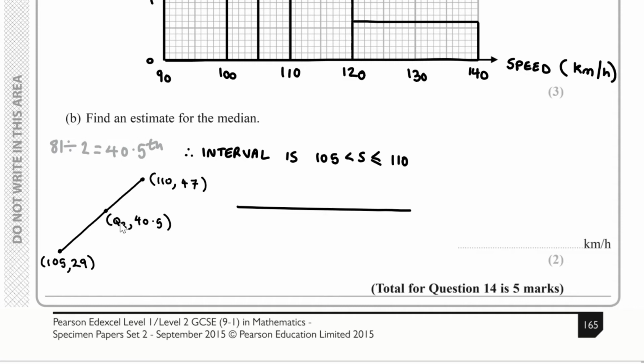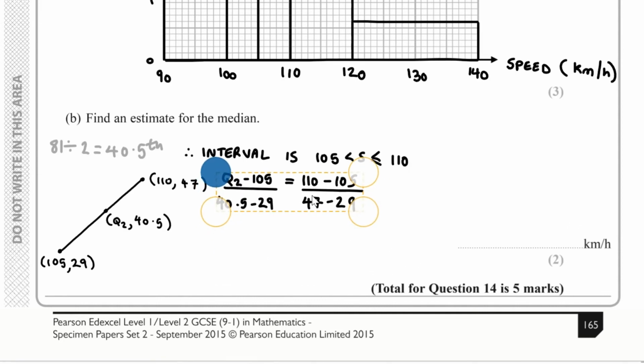well, one other way we can do it is Q2 minus 105 over 40.5 take away 29 is equal to 110 take away 105 over 47 take away 29. So what we need to do is find out what Q2 is, and therefore this is actually quite straightforward to